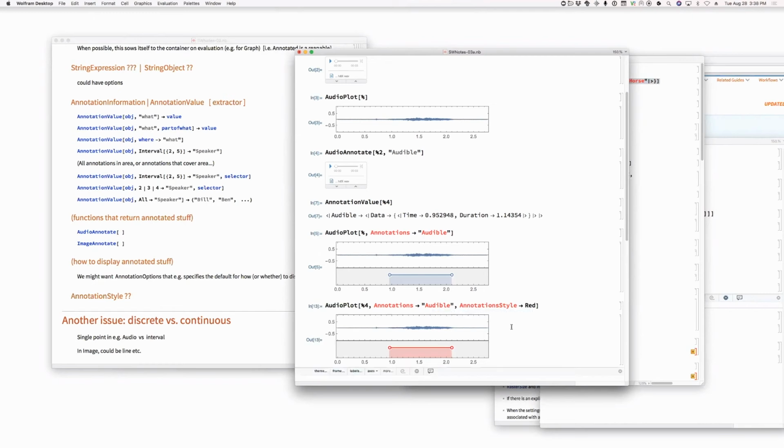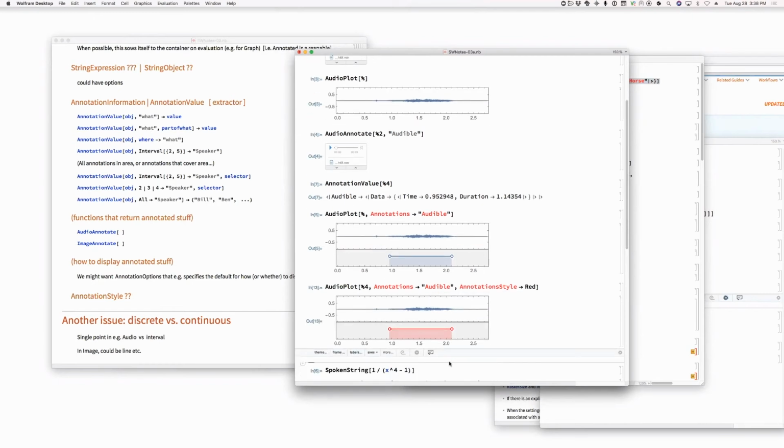%4, I think. No. Yeah, %4, rather than percent in audio plot. Should, okay, there we go. Okay, magnificent. All right, but so then the question is annotation options or annotation style. I think annotation style is the right thing for plotting, given that the thing you're plotting has annotations in it. Annotation style to none, annotation style is